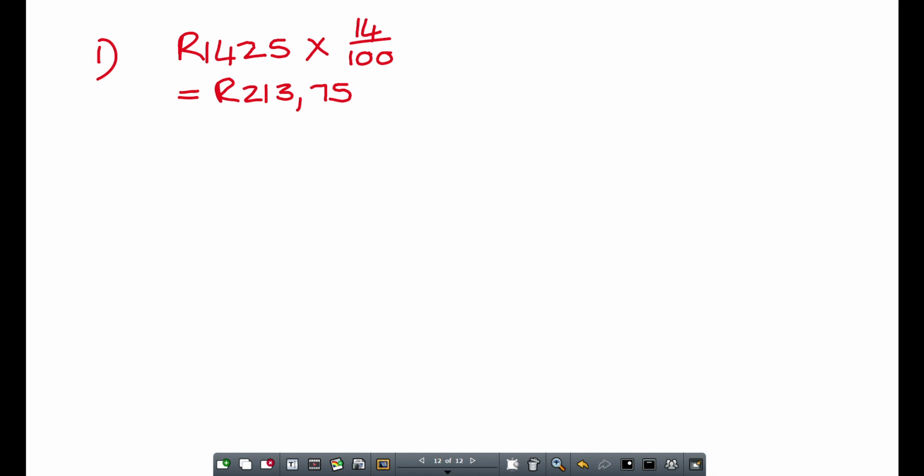Nee, dis net die bedrag van die BTW. Hulle vra vir my, wat is die VAT inclusive price, met ander woorde die prys plus die VAT by. So dan gaan ek sê